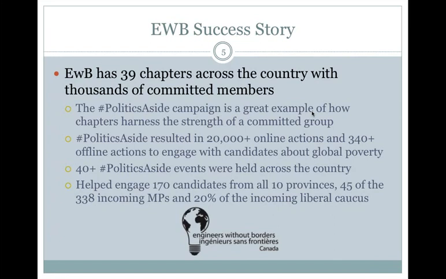They wanted to basically empower these MPs to keep politics aside and start a discussion about international development and how to end poverty on a systemic level in Canada and abroad. So this is a great example of how you can create action on a larger scale beyond the handful of volunteers that approach you. They were able to trigger about 20,000 online actions, and this included tweeting, Facebooking, and offline actions such as calling and meeting with your MPs to talk about global poverty.